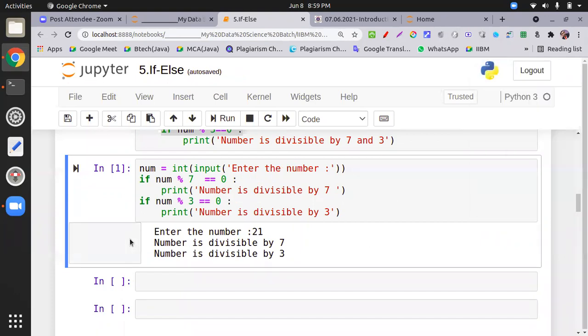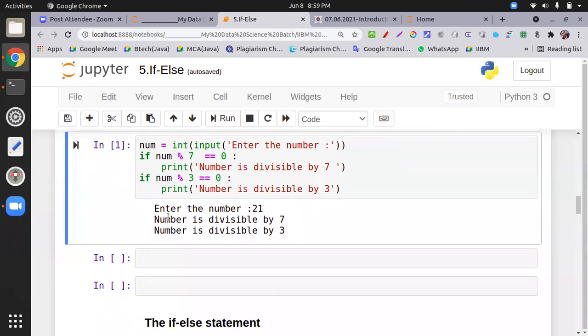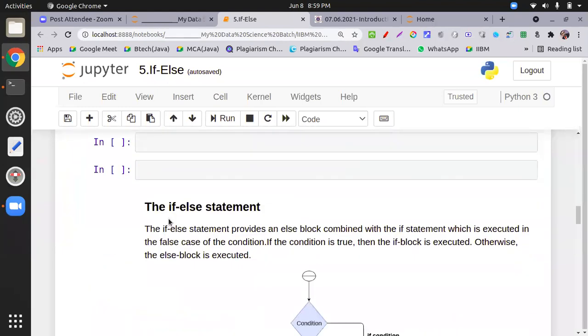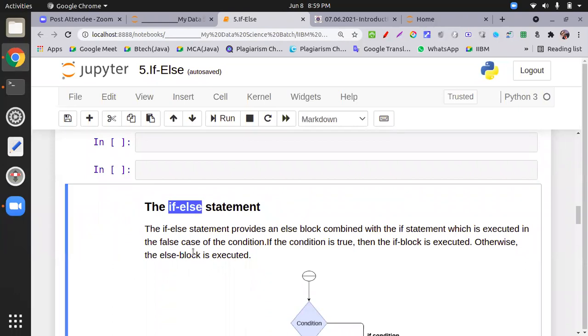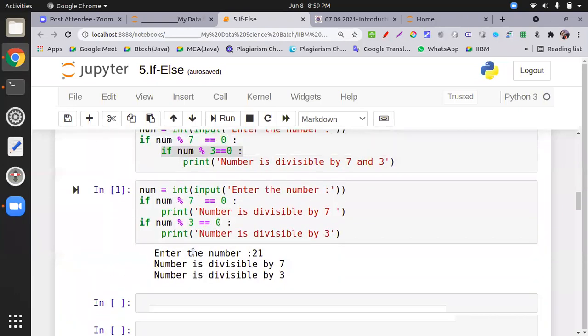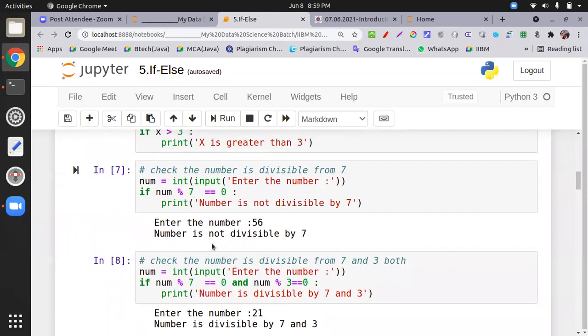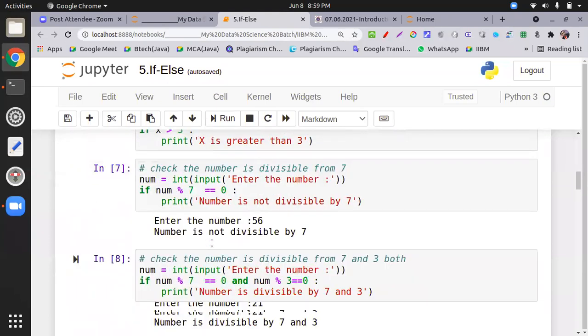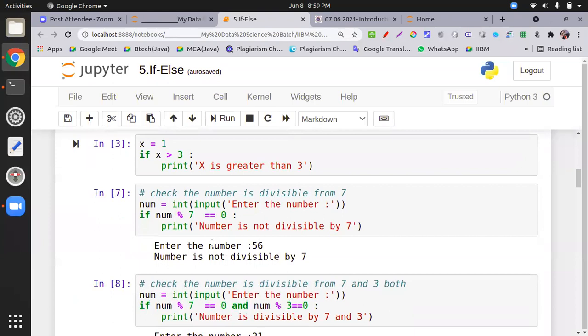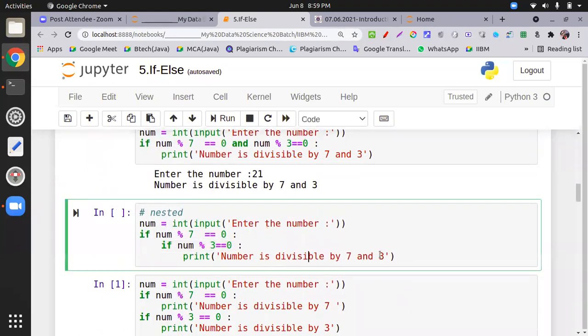Okay, so the if statement is used for one condition, the if else statement is used for two conditions. If the thing is right, the if will be executed. If the thing is not right, the else will be executed. Make some mind-blowing program. First I show the simple use of if else.